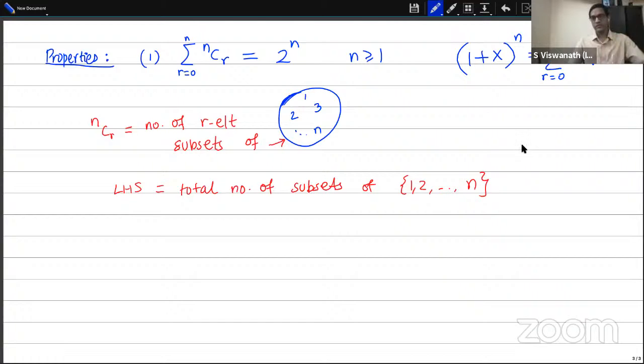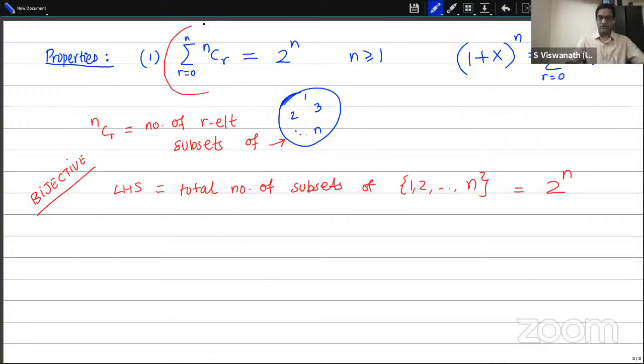On means you choose it in the subset. Off means you don't choose it. So the total number of subsets, on the other hand, can directly be counted to be 2 power n. Right? So this argument is sort of what we sometimes call a bijective proof, because what we're doing is establishing